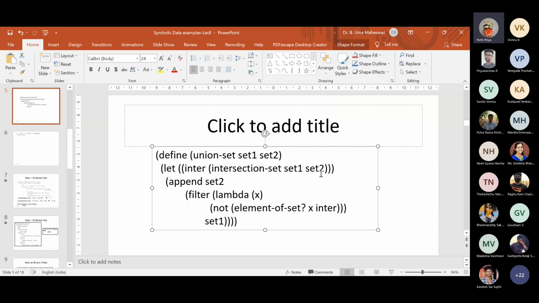How the elements will be filtered from set one is lambda x, every element of set one where x is not present in the inter of set one. Correct. Whenever they are not present in the intersection, then they are appending it. But for that we should already have the intersection. That's the same as search, ma'am. So this is very cool, actually. Yeah, this is a very cool one.